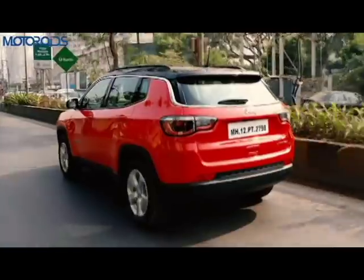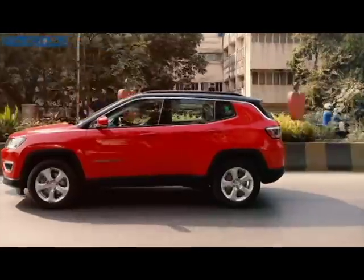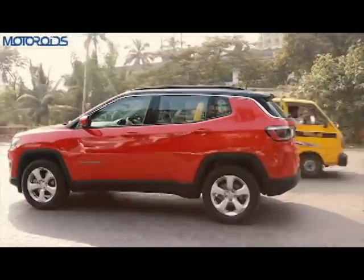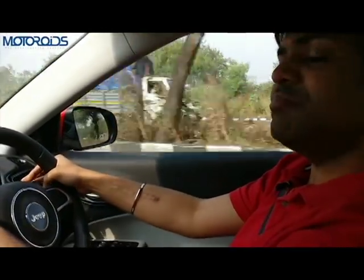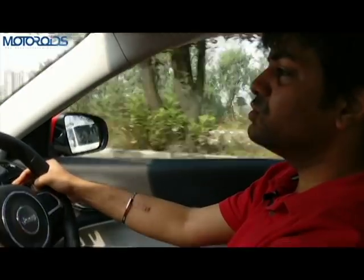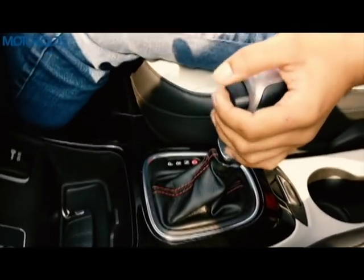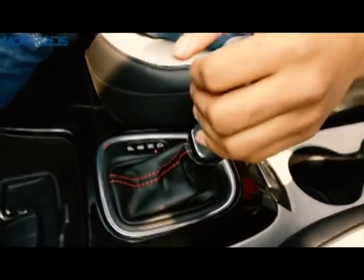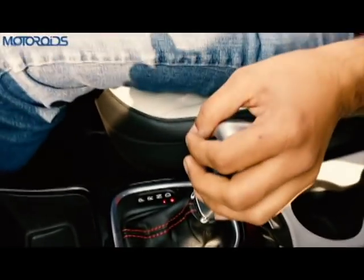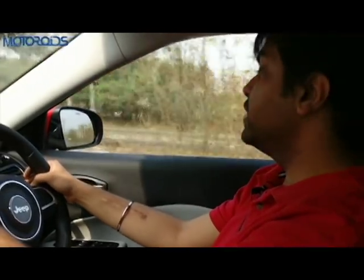Sounds a little sporty too. Apart from that, the engine is pretty smooth until say 3000 rpm, and then after that starts screaming till 6.5, and there's ample power on tap at all times. The gearbox on its own, it's not the quickest dual clutch gearbox we've seen. It's slightly on the slower side when it has to kick down, but it's very smooth, and it adds to a lot of convenience,